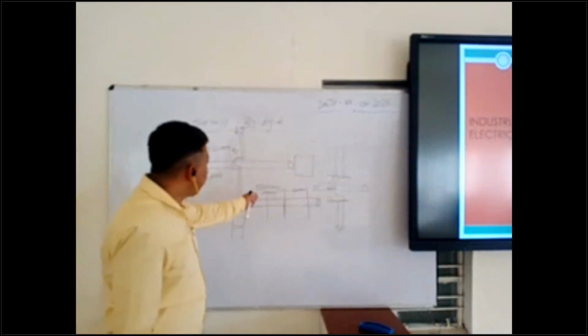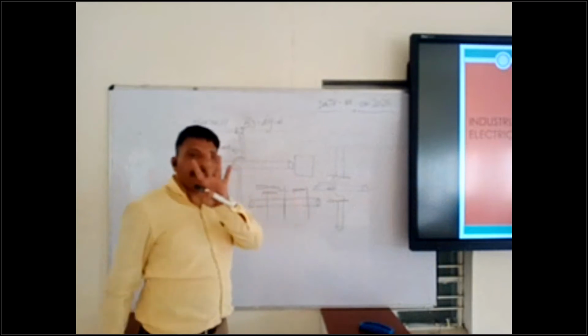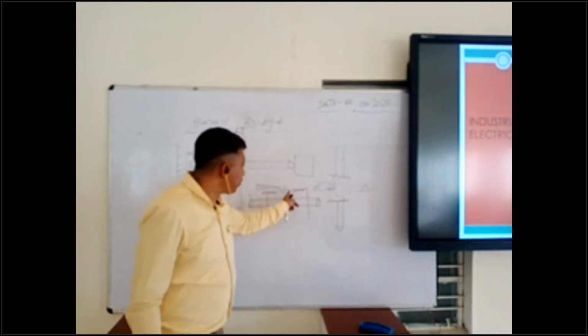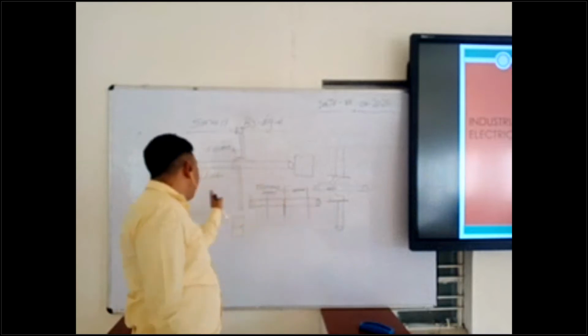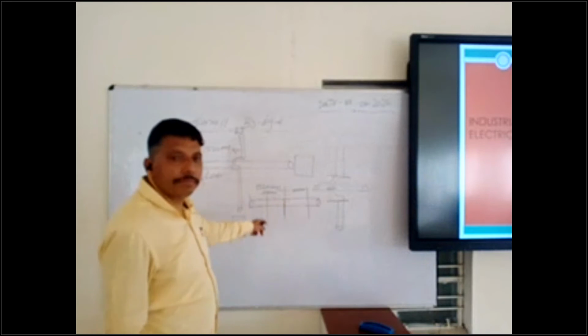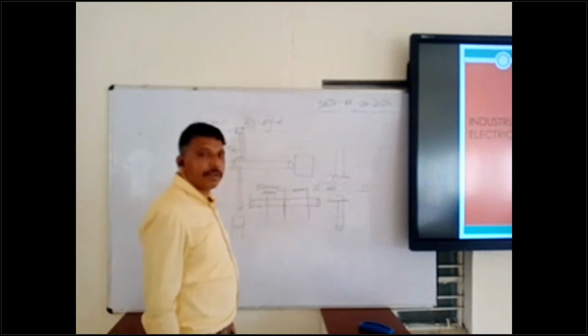For a small bridge, the marking is always 3 places. Don't forget. And from the center, 100 mm on this side and 100 mm on this side. Clear about this one? Small bridge.